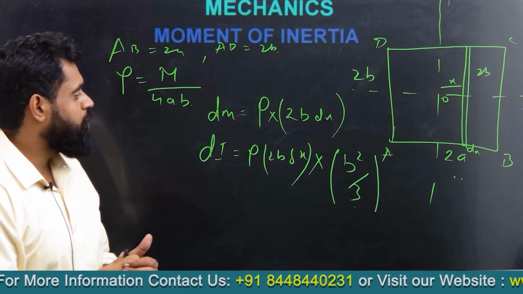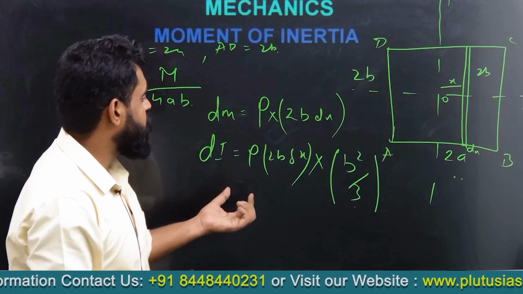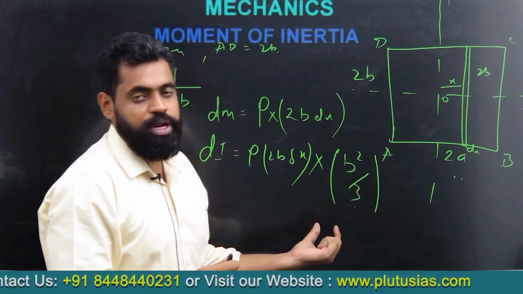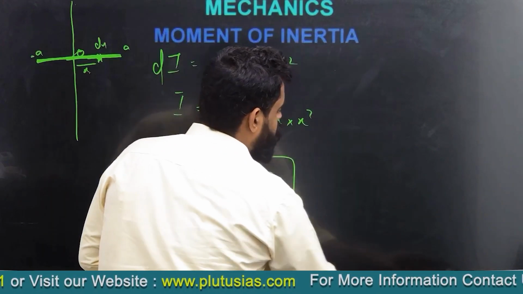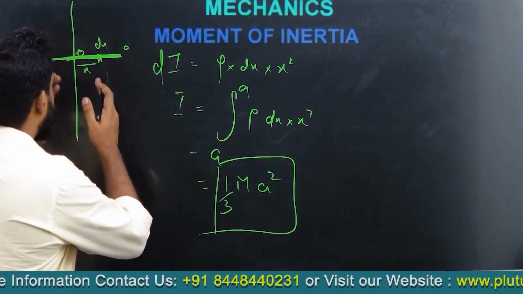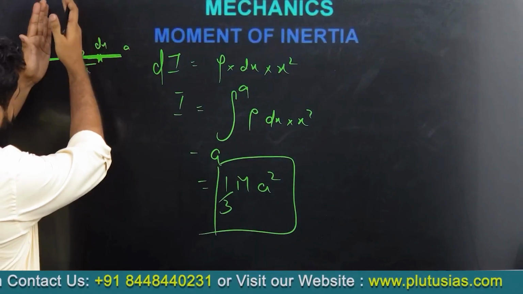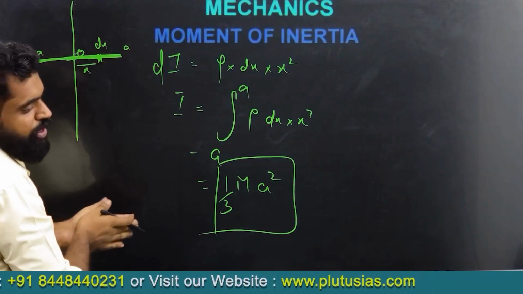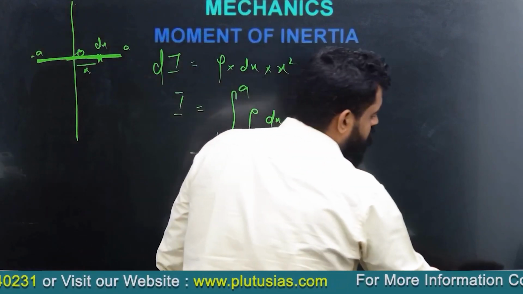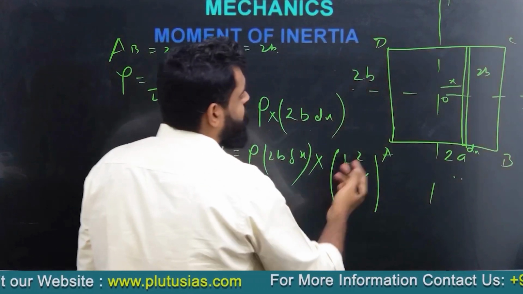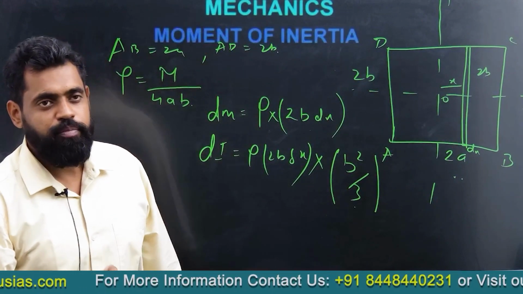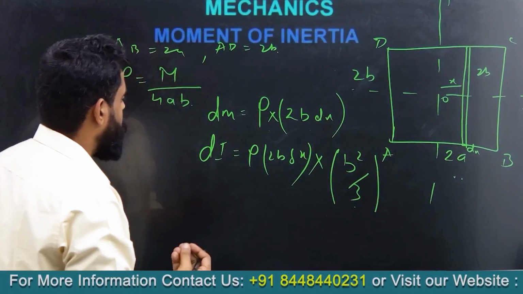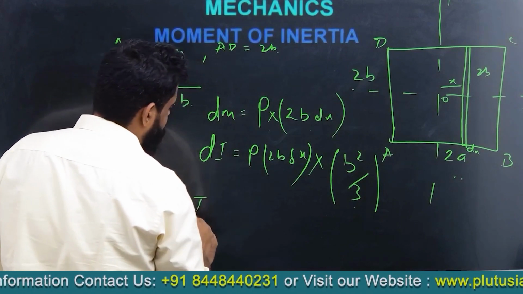And the moment of inertia would be mass into b square upon 3, since earlier I have shown you that the moment of inertia of a small rod about an axis passing through the center is ma square upon 3. In this case the rod is of length 2B, so it will be m b square upon 3. So integrating,